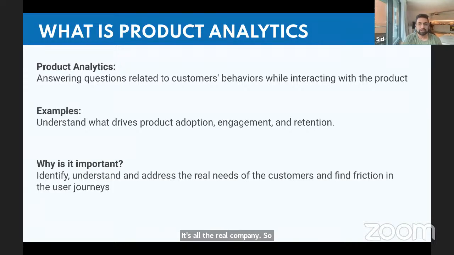So the most commonly thought product analytics that we think of when we think of analytics is primarily how do you measure adoption, how do you measure engagement, how do you measure retention, because these are the three very, very prime or important categories of product lifecycle. And when we do the real world example, we'll dive deep into what each of these mean and how we can measure them.